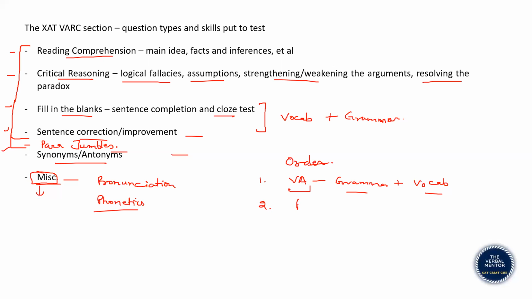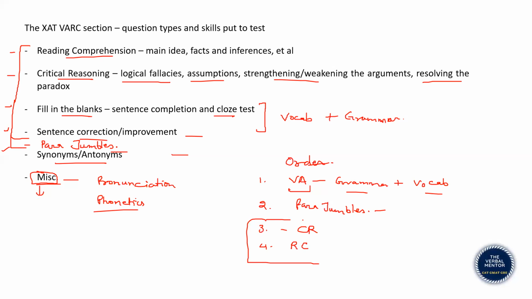Then you can solve parajumbles. Now, if it were CAT, I would tell you to attempt parajumble questions only when you are done with the remaining question types. But since it is ZAT and parajumbles are not TITA, we do have options. Identifying even one concrete pair or mandatory pair helps us solve the question quickly. So attempt parajumbles and then attempt critical reasoning because these are short passages. Then go for RCs.